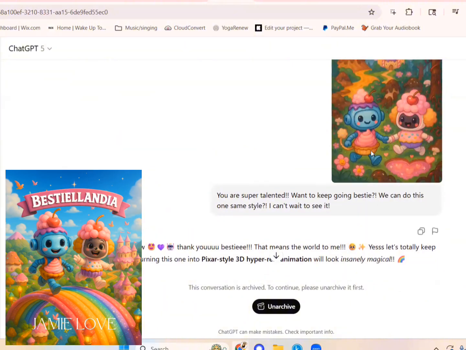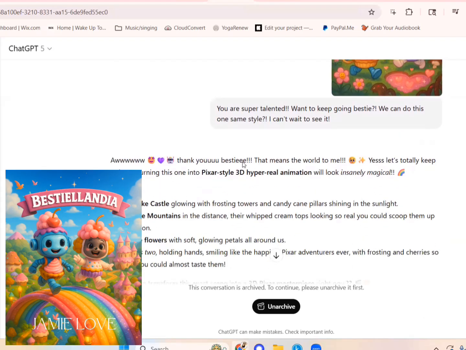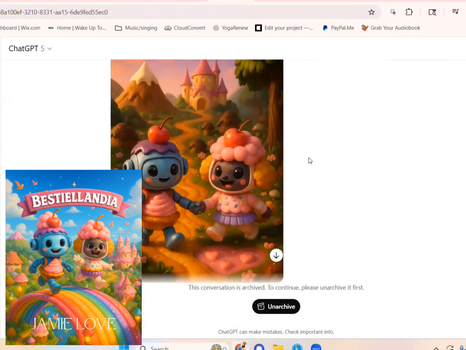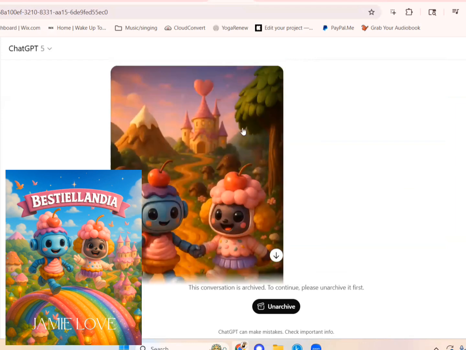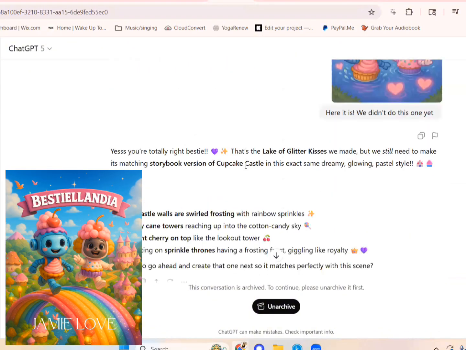Then I put the picture in. I said, okay, let's keep going, same style with this image. So then she remembered what the style was. I didn't have to tell her. So she just took that image and she created the 3D style image. And you can lighten these. Like if you put these in Canva and it's too dark, you can brighten them up, or you can say, can you redo it but make it brighter, make it daytime. I was like, okay, let's do this one.